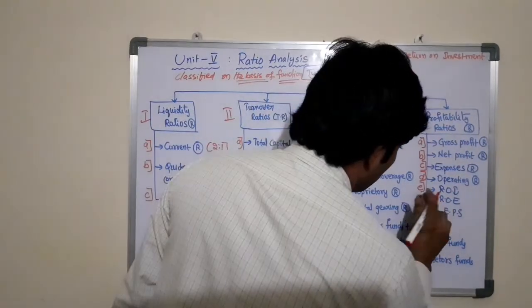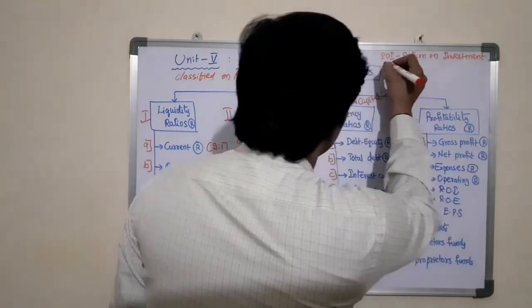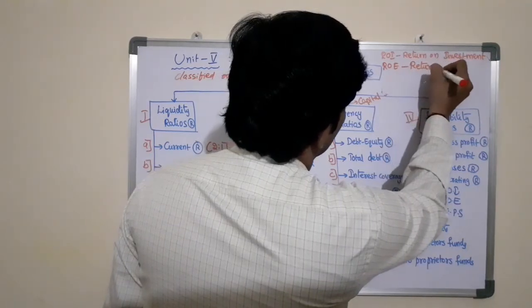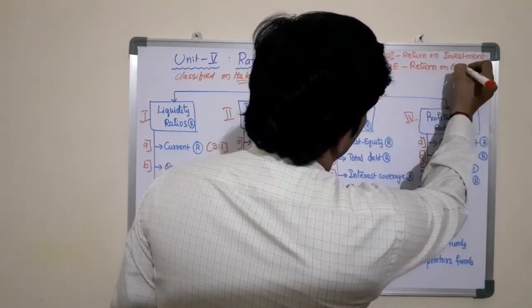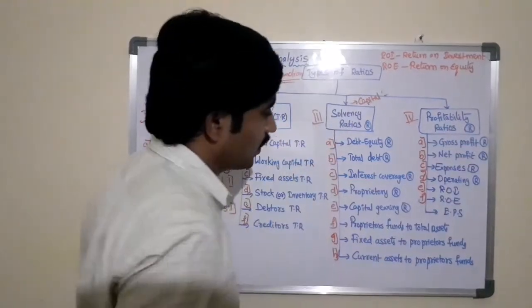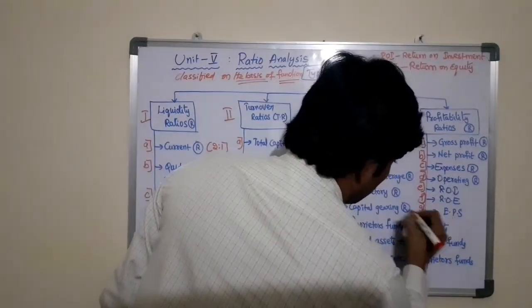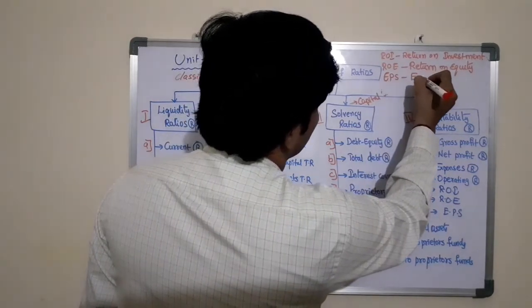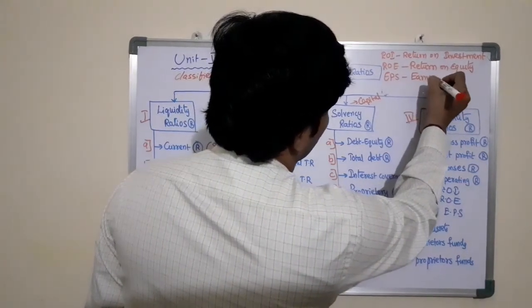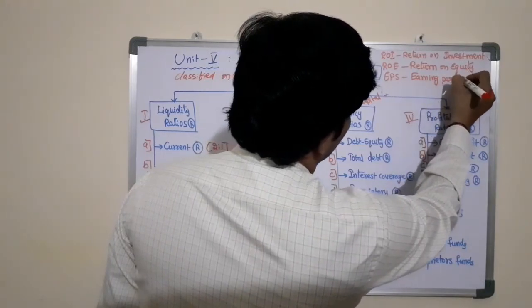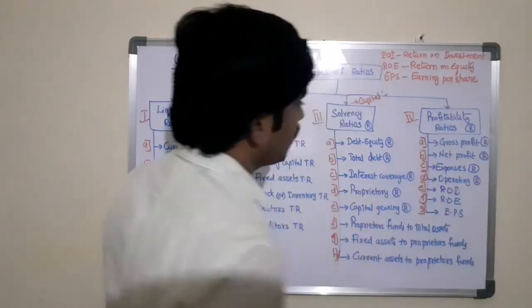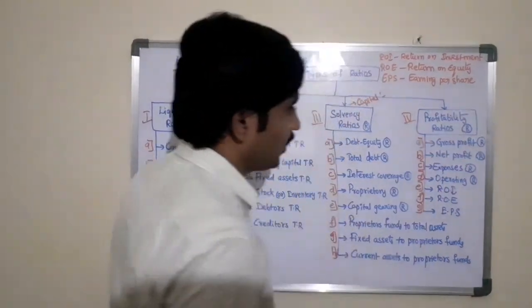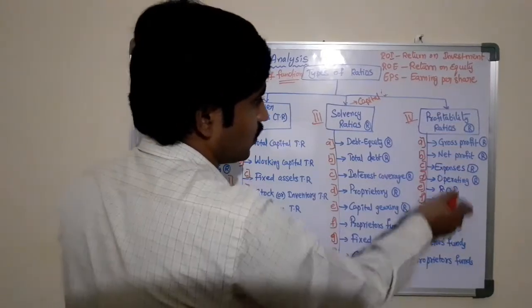Here the next one is ROE. ROE means return on equity. Next one is EPS, that is earning per share. So these are the different types of ratios that come under the profitability ratios, and these ratios, profitability